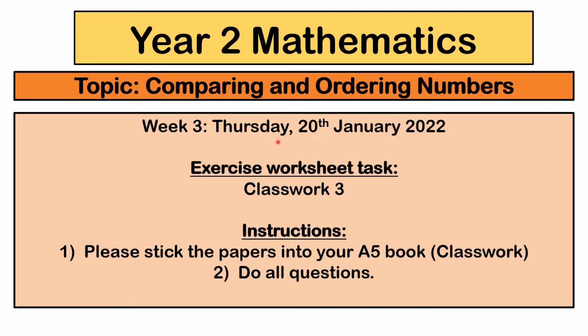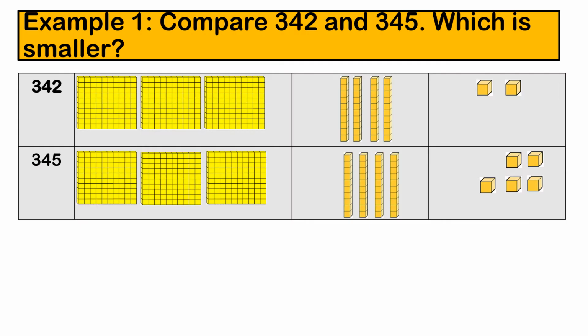For today, Thursday, 20th January, we are going to learn about comparing and ordering numbers. So let's have a look at example 1, where we want to compare 342 and the number 345. To know which one is smaller between the two numbers, we have to compare the very first digit of